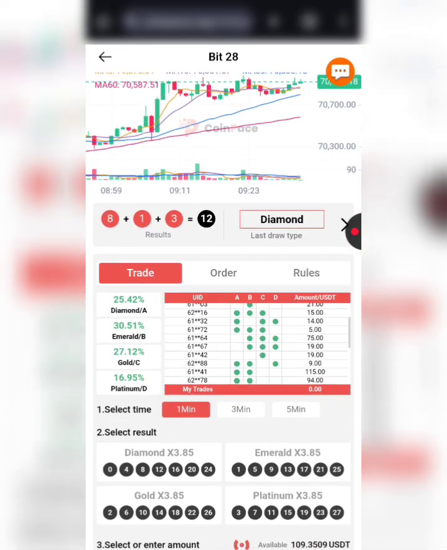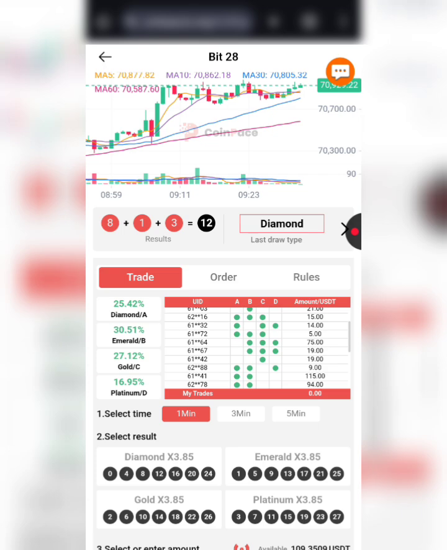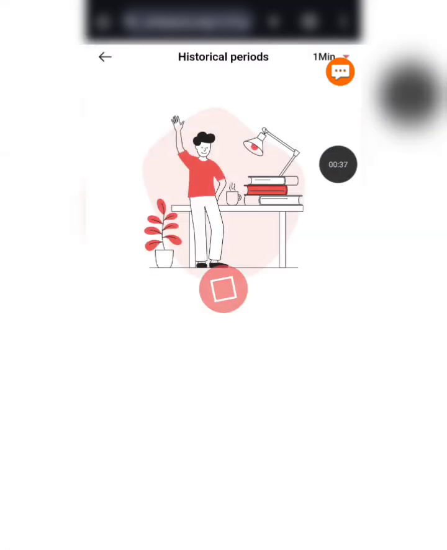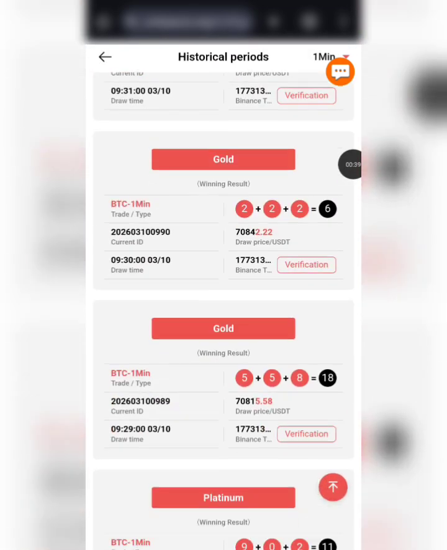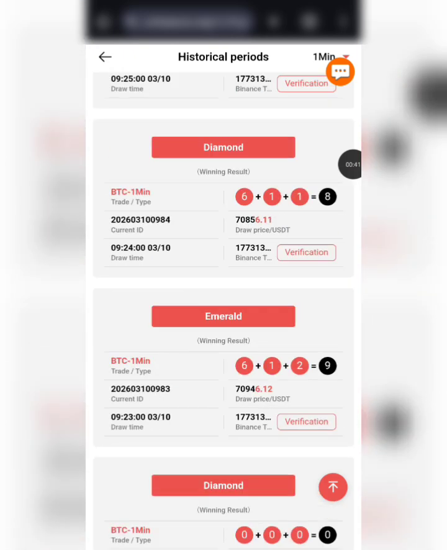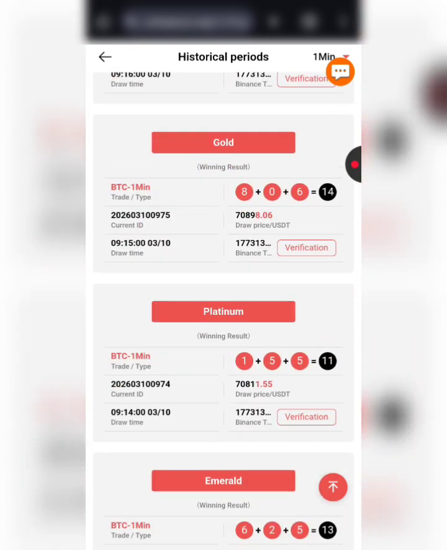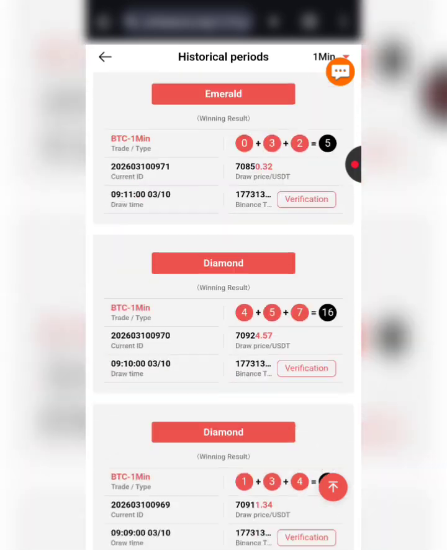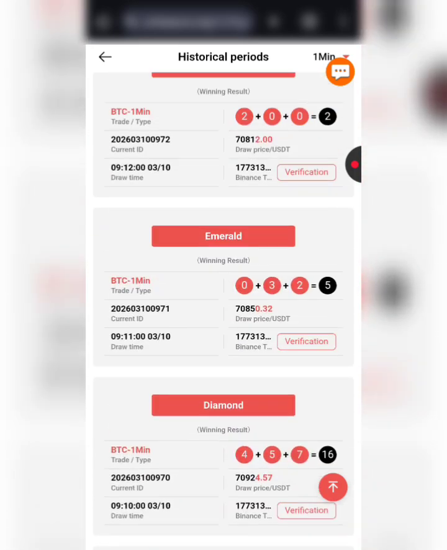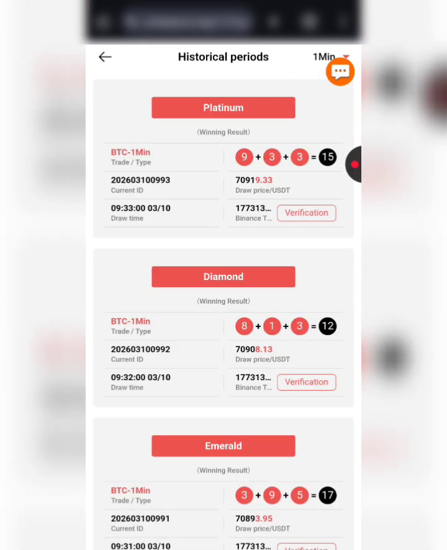Okay, and one thing is that whenever you're earning right here, it is very rare for one particular option to come out 5 consecutive times. It is rare. All right, I think the highest I've seen so far today is actually 2 consecutive times, and that was on diamond. Diamond came out consecutively twice. Okay, so that's why I like this particular strategy.